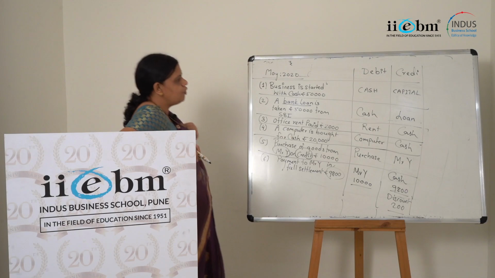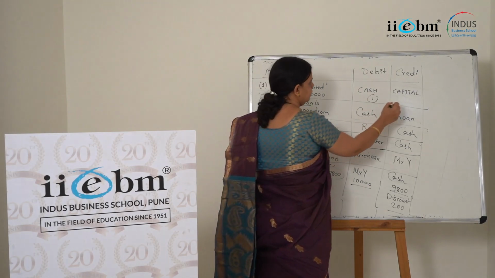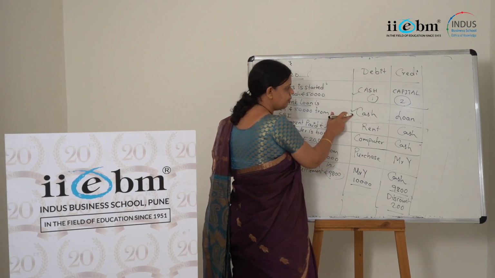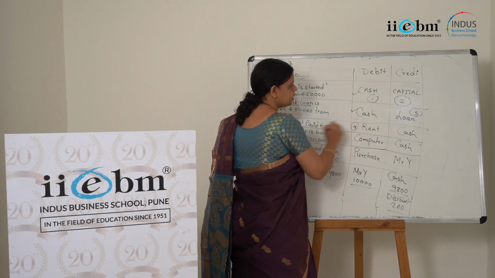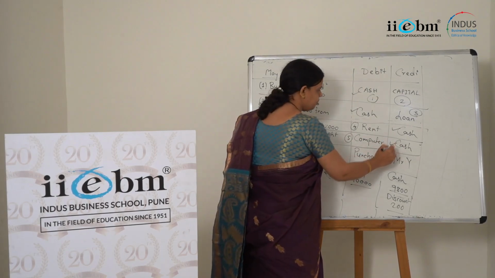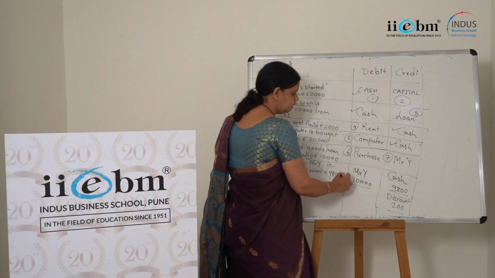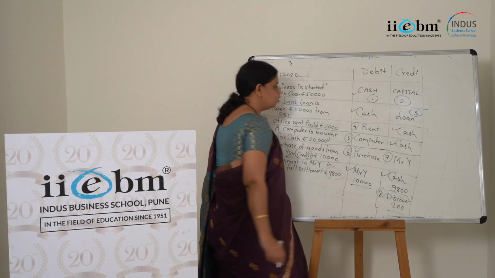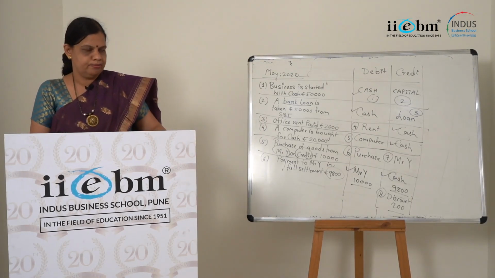Now if I ask you how many ledger accounts you are supposed to make, then this is one ledger account, this is the second ledger account, right? This is already made, so I'll put a tick mark over here. This is the third ledger account I'll make. This is the fourth ledger account. This is already made. This is the fifth ledger account. This is already made. This is the sixth ledger account. This is the seventh ledger account. This is already made. This is already made. And this is the eighth ledger account. So there are 6 different transactions, and I will be opening 8 different ledger accounts for the same, right?